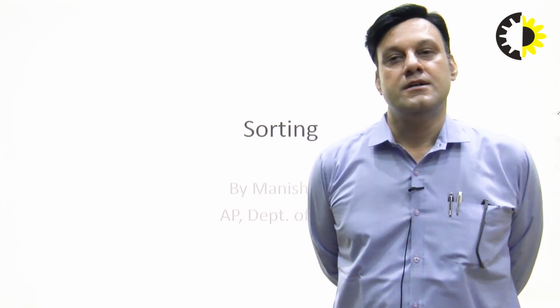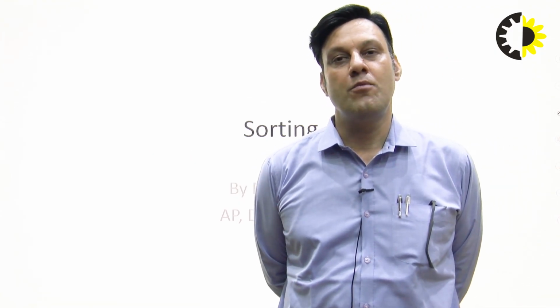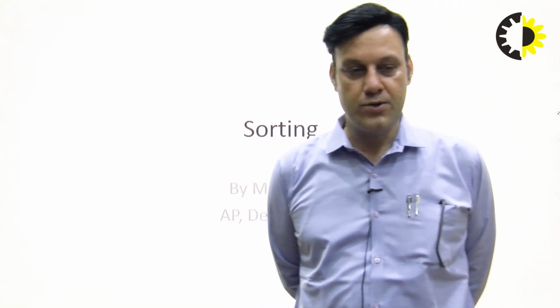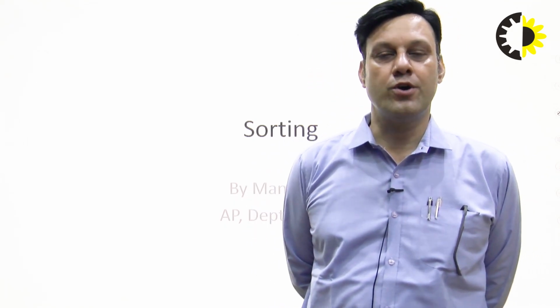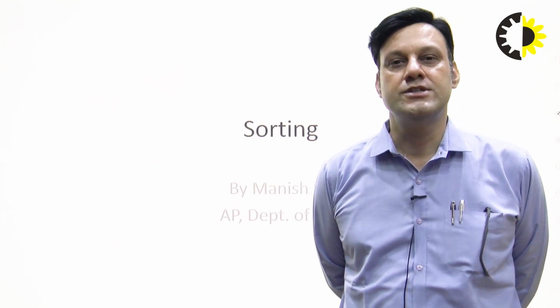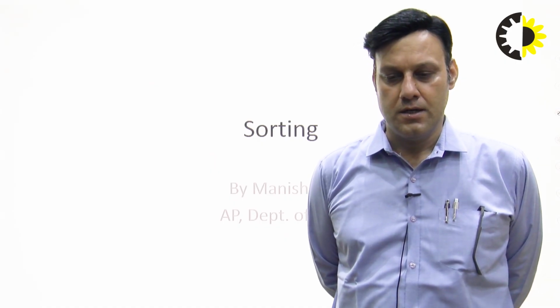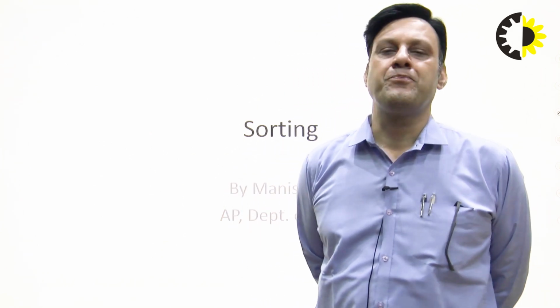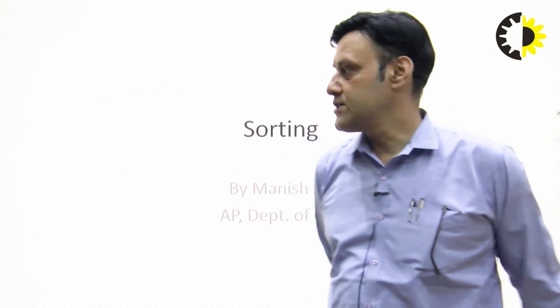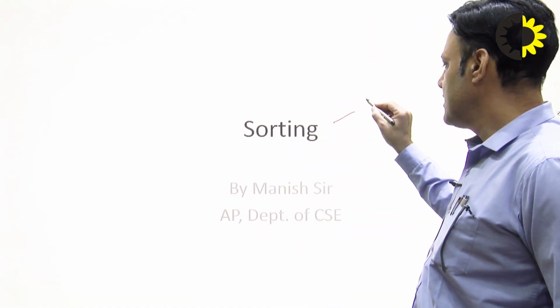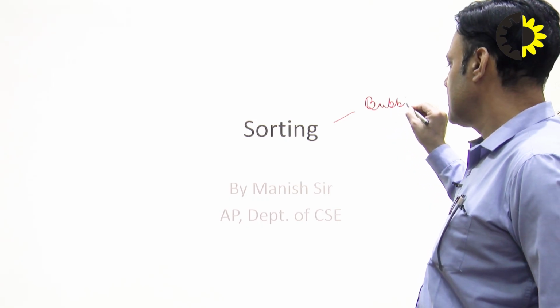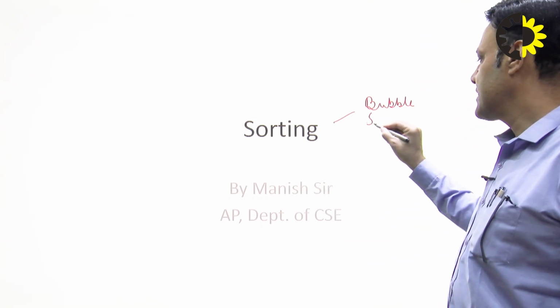So, today my third complex topic from the subject of data structure is sorting, right? Although this third unit is divided into two parts, that is searching and sorting. So, I thought to give a presentation on this sorting. There are a number of sorting techniques which are used for arranging the elements in descending order or ascending order, increasing order or decreasing order. The sorting techniques which we are going to discuss today are bubble sort, right? Bubble sort, selection sort,